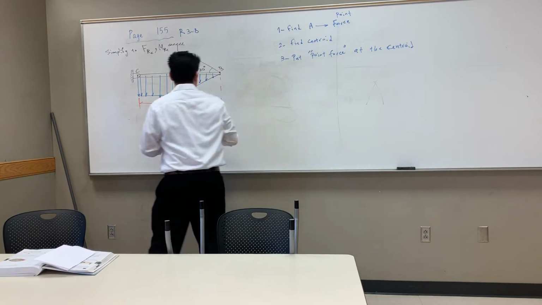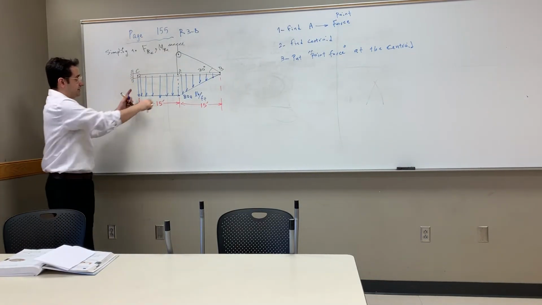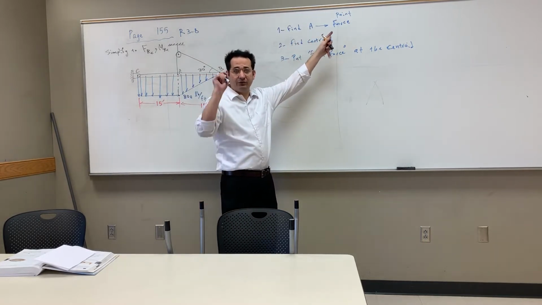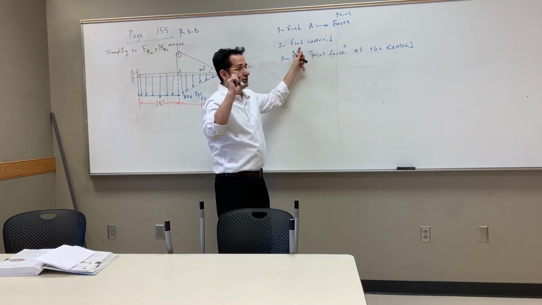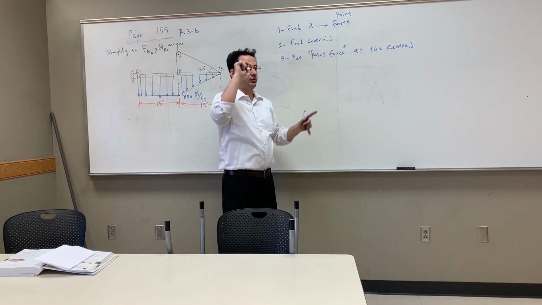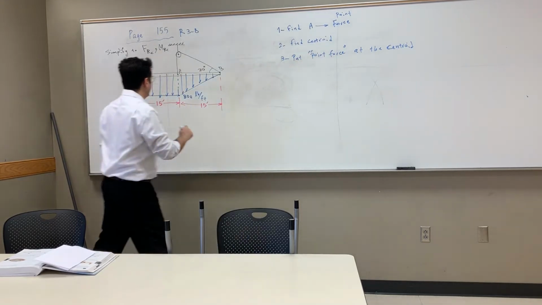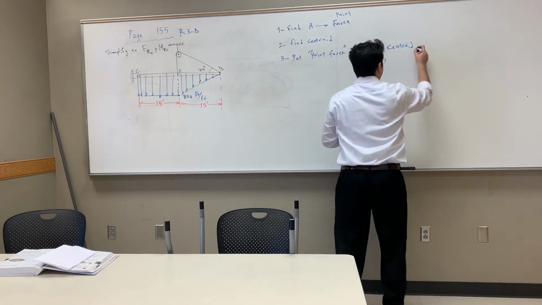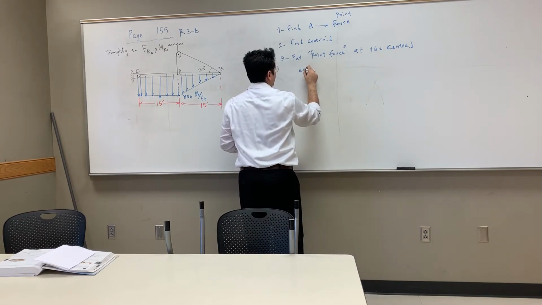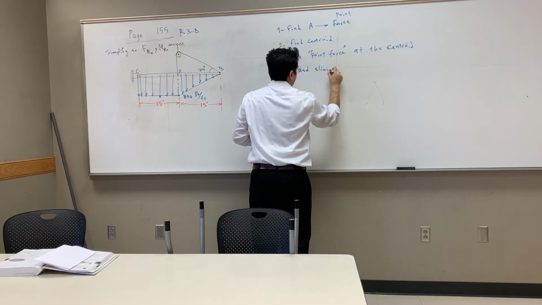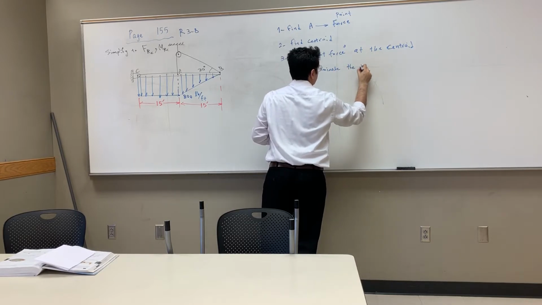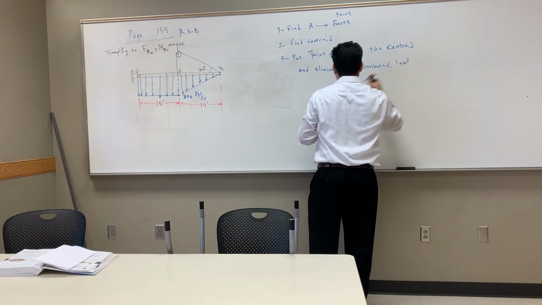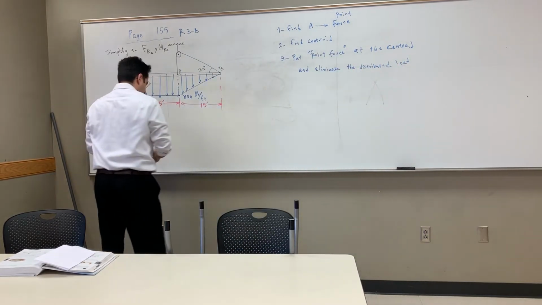Three steps. So for every area that we have, we do this. Find the area that's going to give you the value of the point load. And then you find the centroid. You put that point load at the centroid, and then you get rid of this area. Put the point force at the centroid and get rid of the distributed load and eliminate the distributed load. Right? So in this particular case,